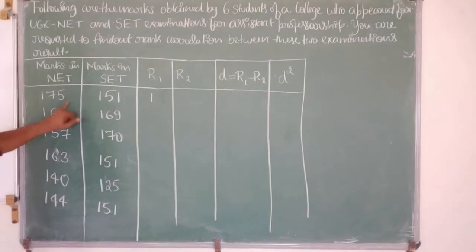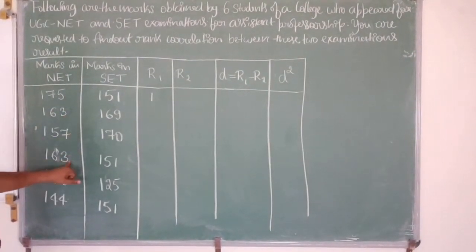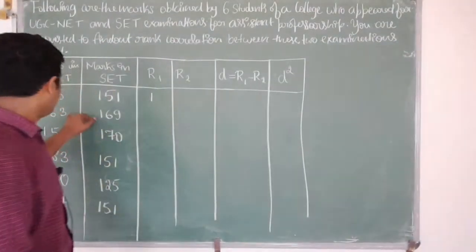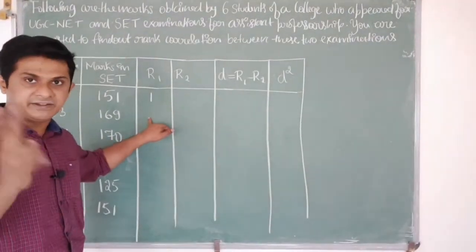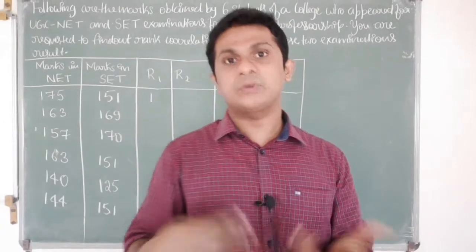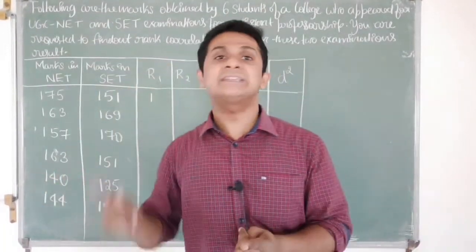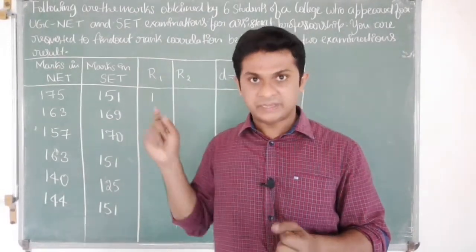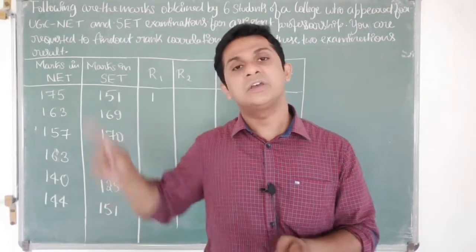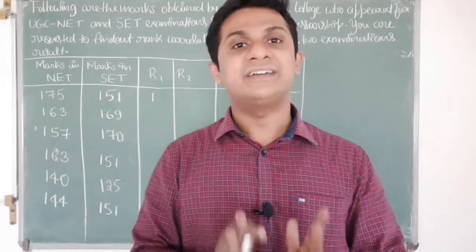Now the second highest value is 163, which is repeated twice. If it is a single value, we will allot 163 second rank. Now it is repeated twice. It's a question in our mind how to allot the rank. So this is that special case which I referred to when I began the video. I said this is a special scenario. The scenario is calculation of rank correlation under repeated ranks.